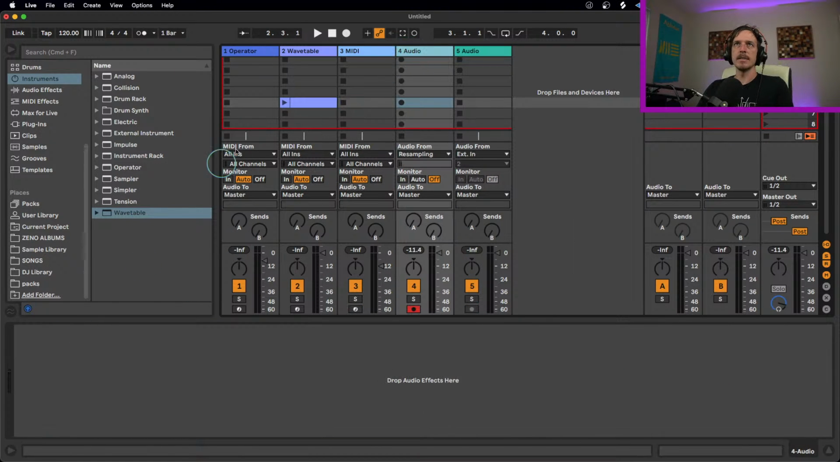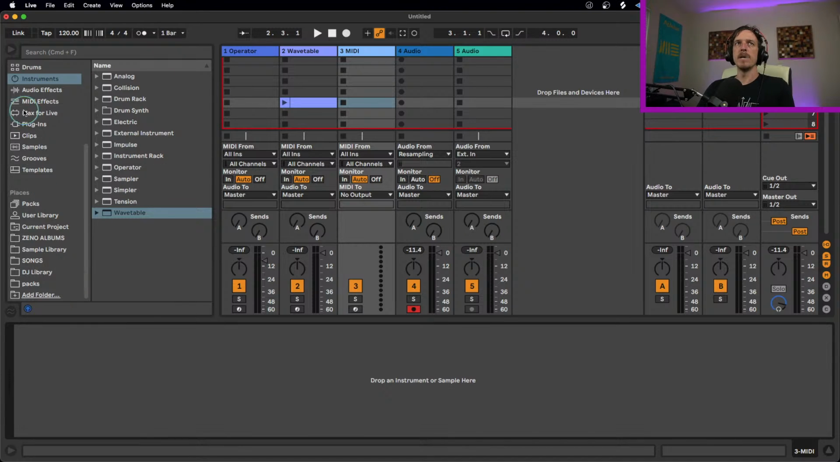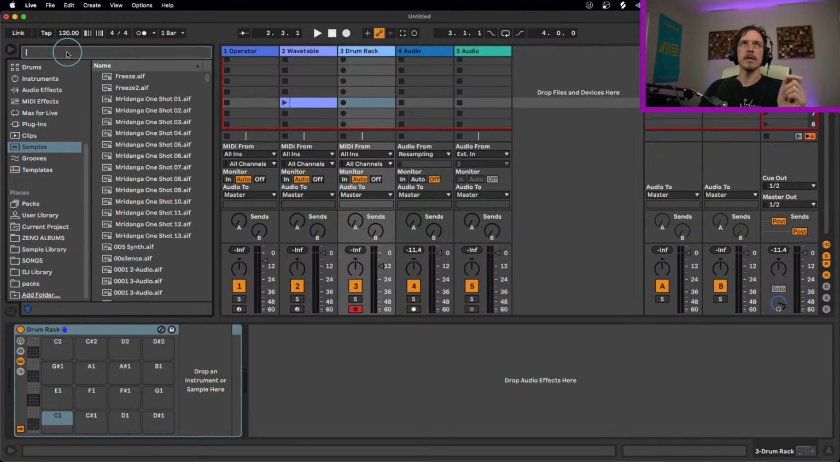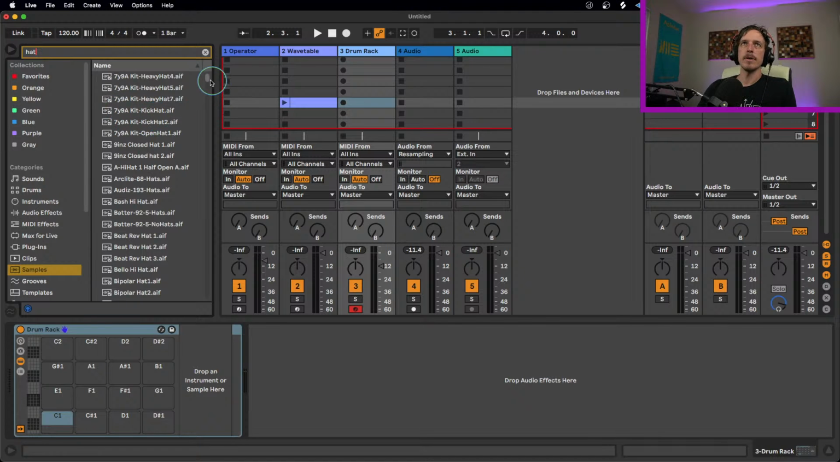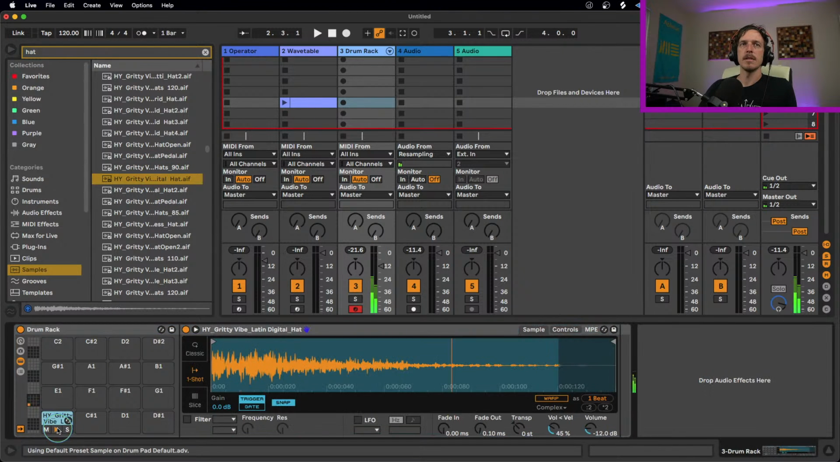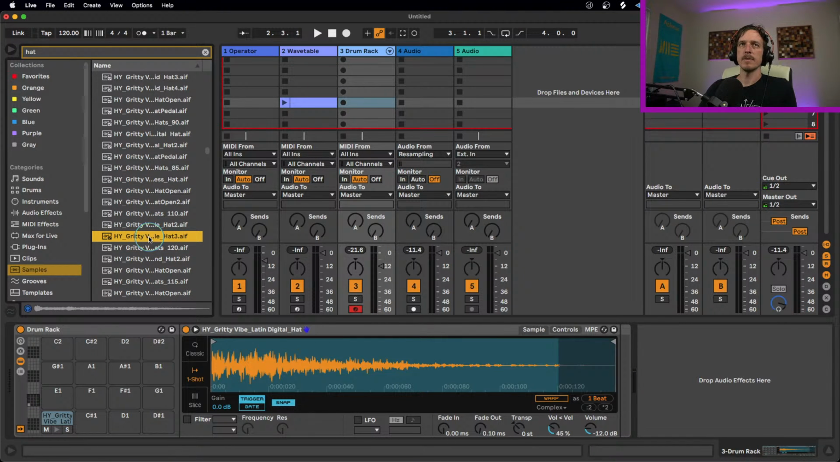So off of the top of my head, the best way to do that would be if you are starting with an empty drum rack. And say we have a couple of hi-hats. Say we have this one. And this one. So first off, the easiest way to layer multiple drum samples on the same pad in a drum rack is just to hold the command key,